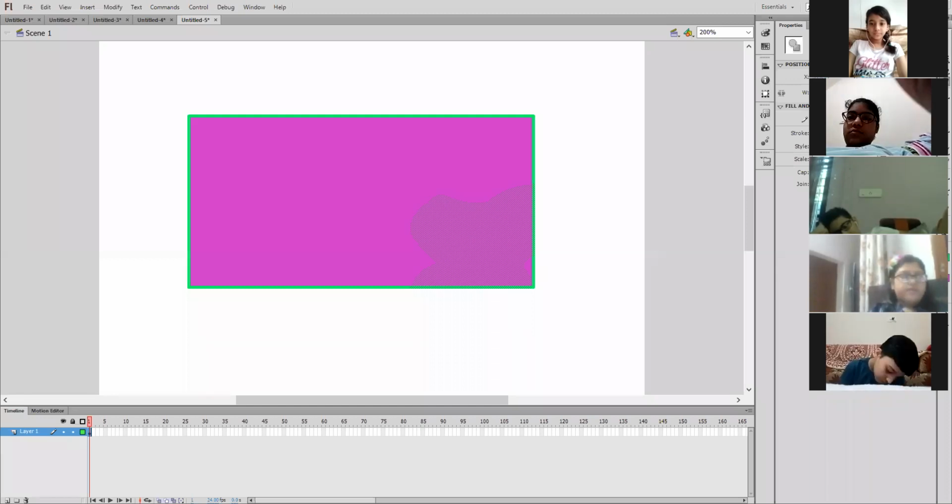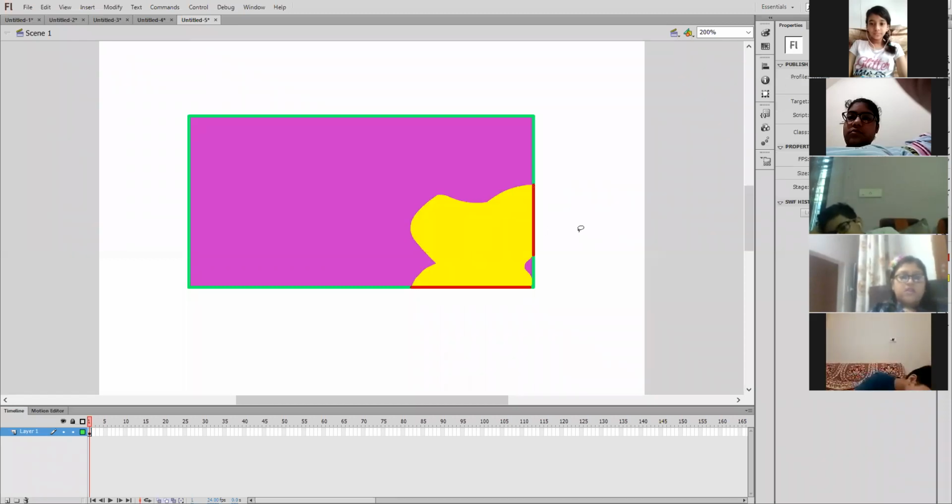Clear? Now I can change its stroke size, stroke color. Let's say I make it red. Then I can also change the fill color inside the selected object. Now see, double click outside the shape in order to view the difference. Am I clear? You can select any irregular shape by using the lasso tool.